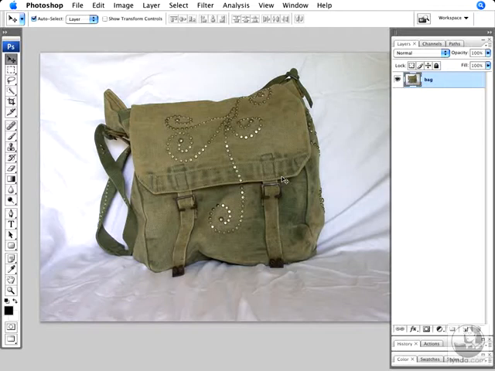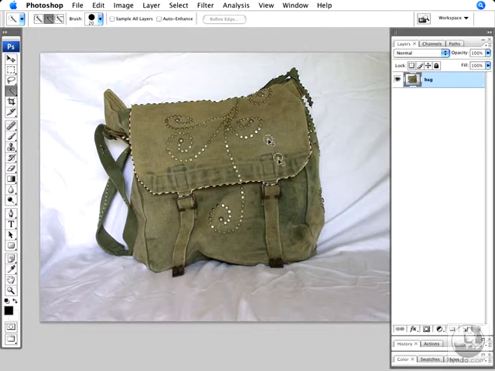To use the Quick Selection tool, I'm going to press the W key on my keyboard, and you simply click and drag around the area that you want to select, and you'll see that it automatically snaps to the edges based on the color of the pixels that I am dragging on. By default, if you click into another area that hasn't been selected yet, it will add that to your existing selection, so I can just keep dragging around a new area.